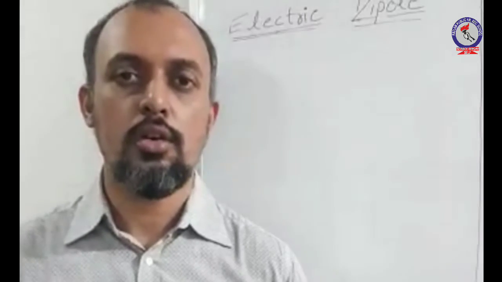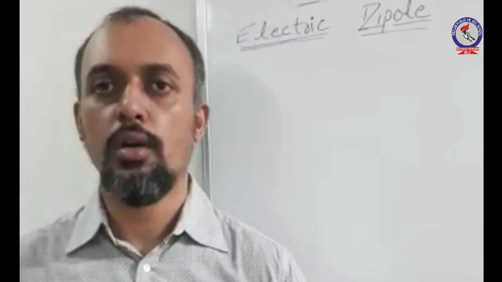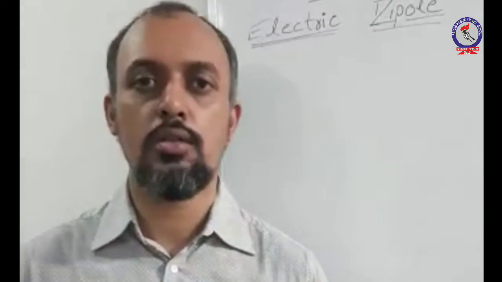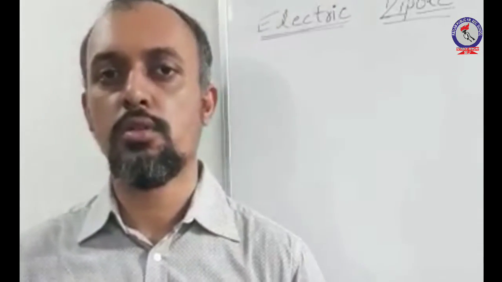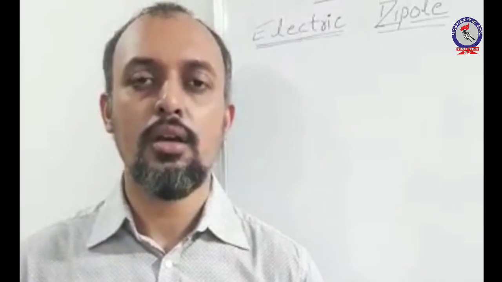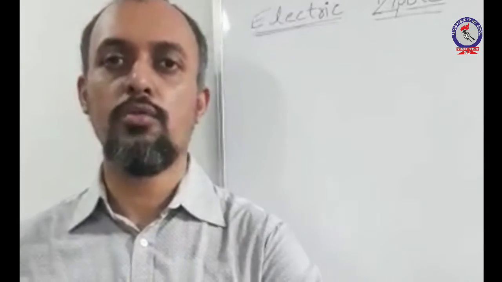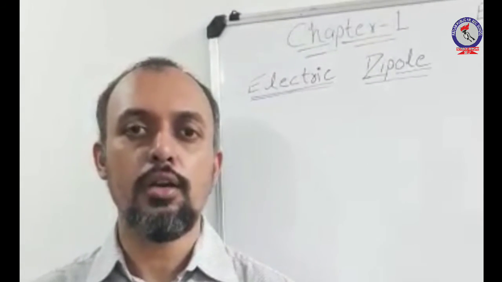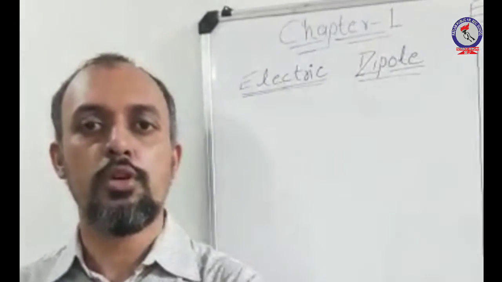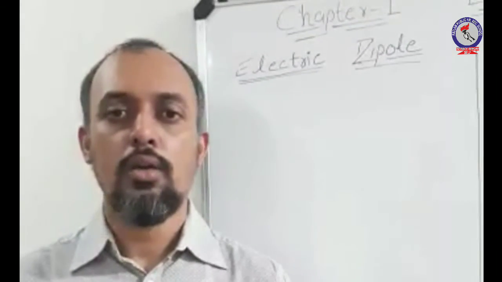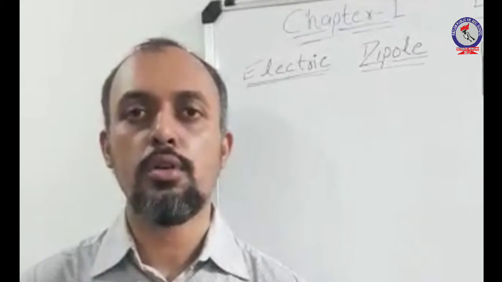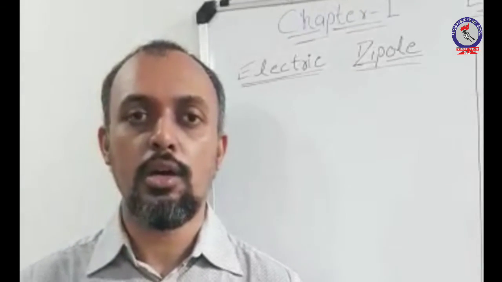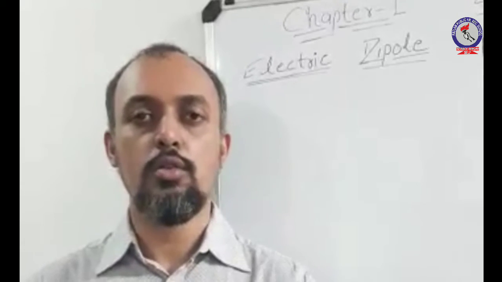In the previous section of this chapter on the concept of field, we have observed that the direction of field is always from positive to negative charge. Going on to the property of lines of forces, as we have just seen, the lines of forces start from positive charge and end on a negative charge, which implies that the direction of electric field intensity is also from positive charge to negative charge. While what we here observe is just opposite to the concept we have studied in the field intensity. That is, the direction of electric dipole moment is from negative charge to positive charge.